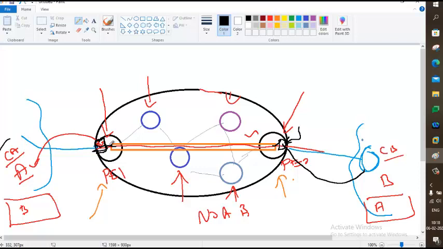So how many BGP VPN peerings will you have? Between these two PE routers, you will have only one BGP peering, but inside that VPN, all 100 customers' traffic will go, but they will not get mixed.